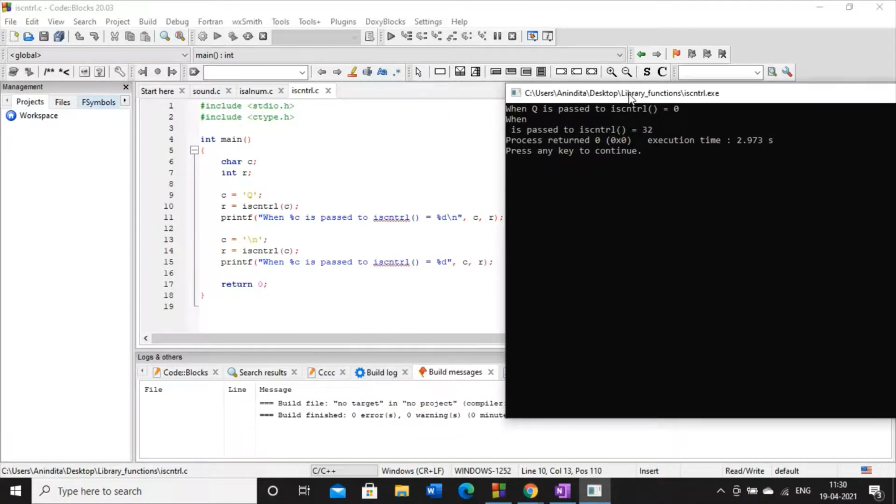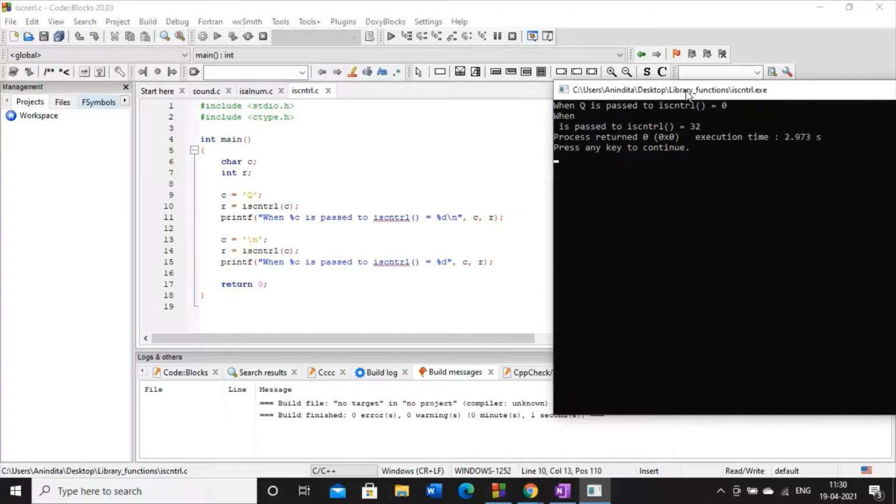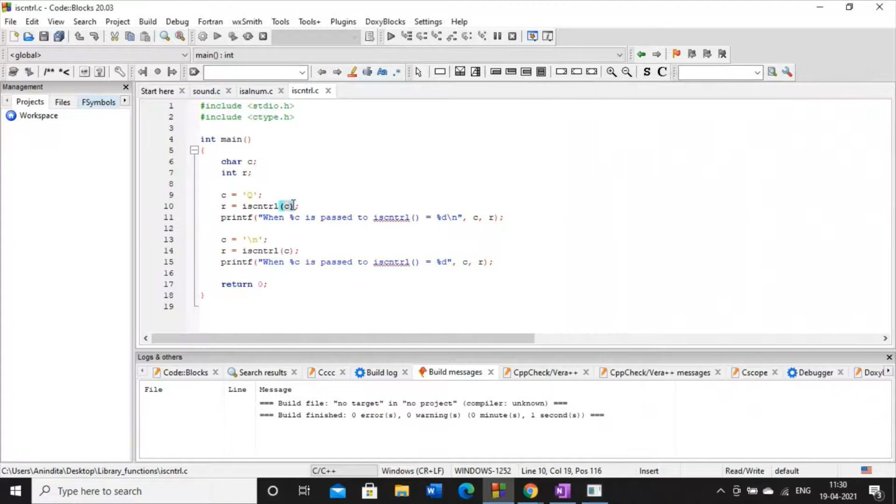So there will be one question. It is a control character, so it will return some non-zero value. But why is it happening repeatedly? We have to understand. Now I will tell you the actual reason. Whenever we pass a character as an argument inside a standard library function, the corresponding ASCII value of this character is passed instead of the character itself.